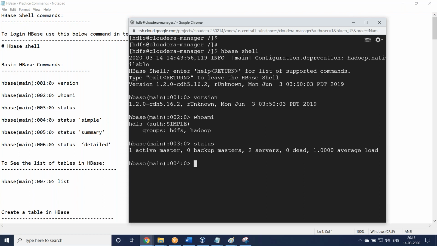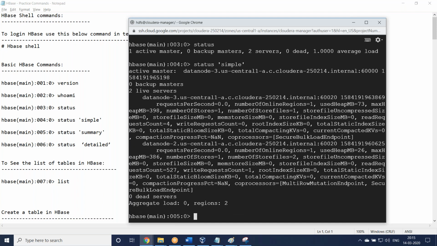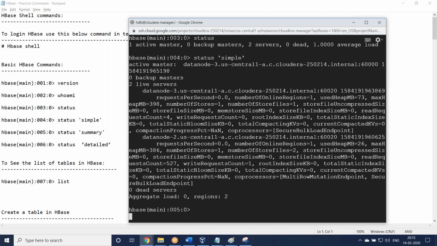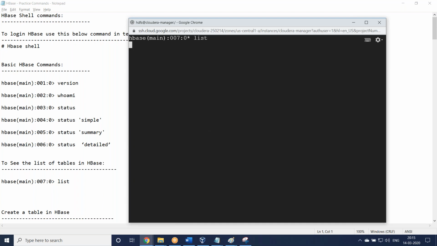The same status command, simple, will show very few values. It shows the data node, which server it is, which is the live active master, and so on. If you want to see the list of tables, type the list command.